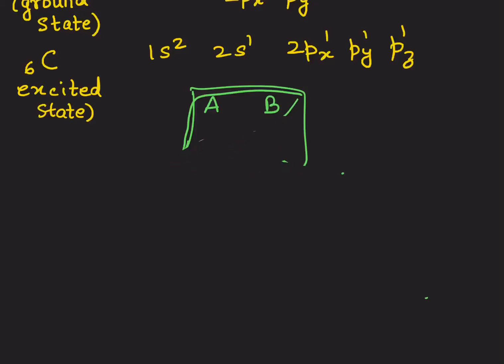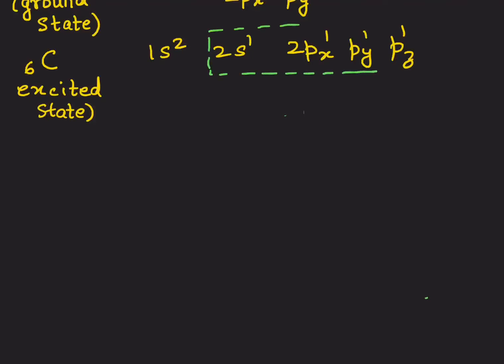And so, what takes part in hybridization now is just the S and the P. And how many of P are going to take part in hybridization? Only 2 atomic orbitals of P. Now many a times I get comments in the video asking, why did I not take this P? You will understand when we go further. Just keep watching. You will see.